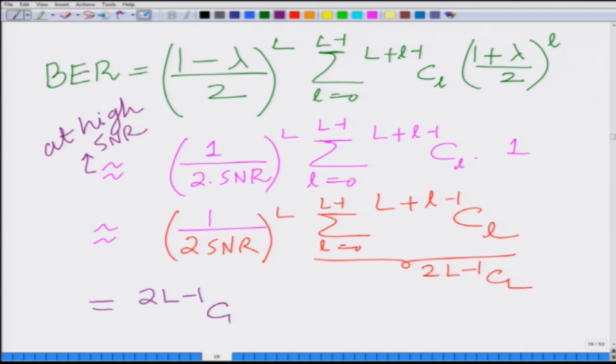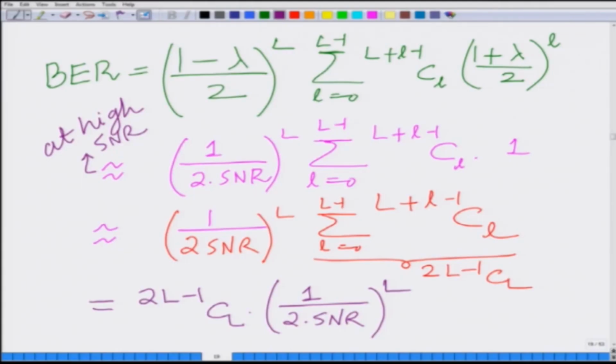Finally, we obtain the high SNR approximation as (2L minus 1 choose L) (1 over 2 SNR) raised to the power of L. So, what we have obtained is a high SNR approximation for the bit error rate of the wireless communication system with L antennas, and we have shown that this is (2L minus 1 choose L) times (1 over twice SNR) raised to the power of L, and therefore, at high SNR